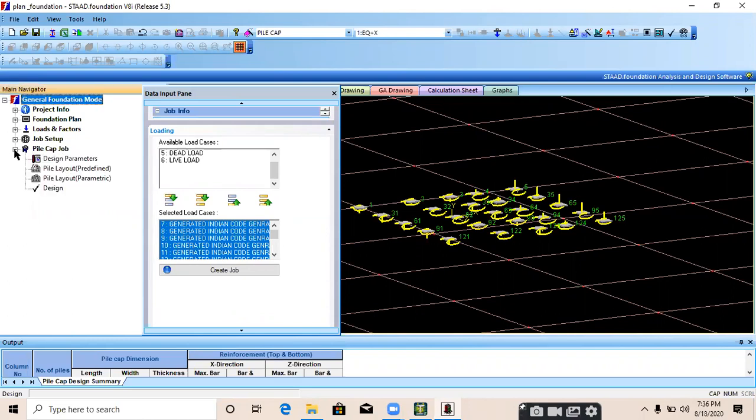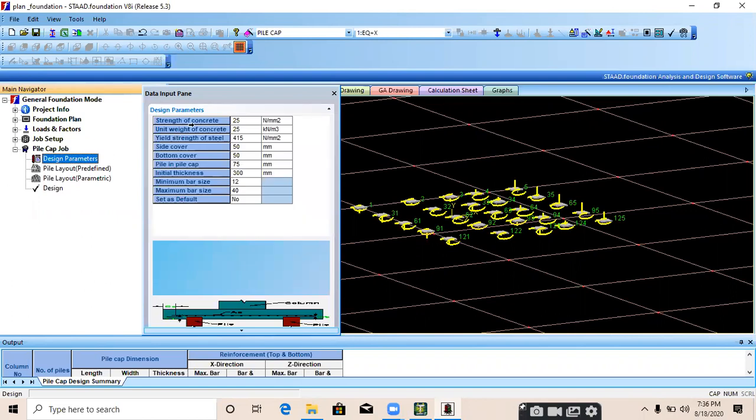Click on that plus sign and go to design parameter. Provide all the design parameters: strength of the concrete, unit weight of the concrete, yield strength of the steel, side clear cover, bottom cover. Pile in pile cap means the depth of the pile which is inserted in the pile cap, this much distance.